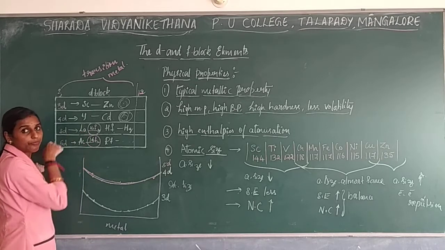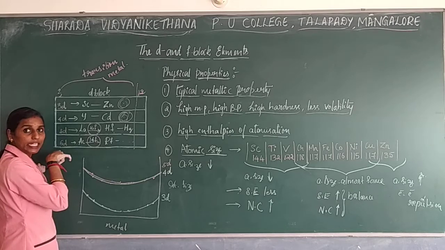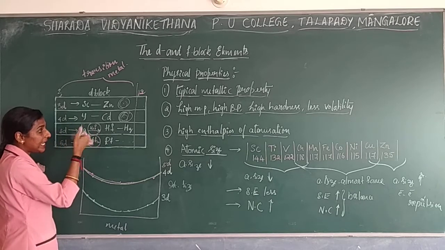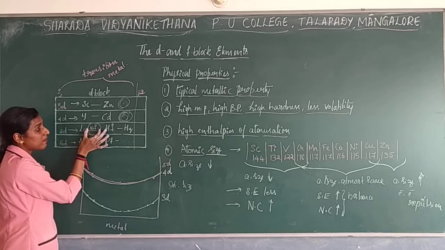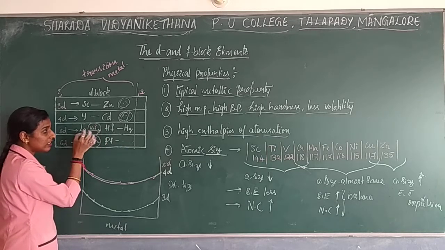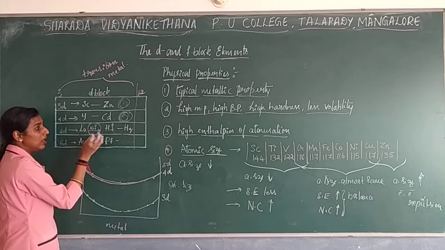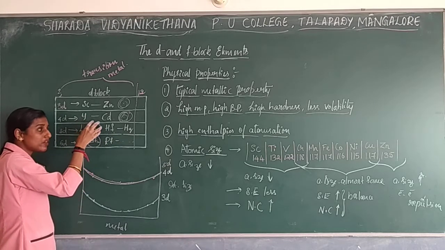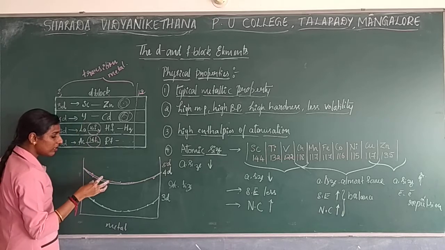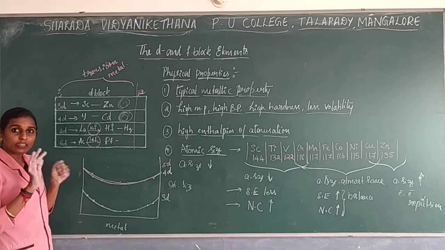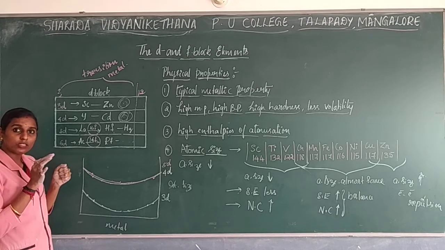First is lanthanum. Lanthanum is a D block element, so the filling of electron will take place in the D block. And the next electron entering will take place in the F block. Whatever elements are there, those 14 elements, are a continuation of lanthanum. So we are not supposed to get confused. For that reason we have removed them from here and kept them under the F block. But the atoms don't know about all those things.